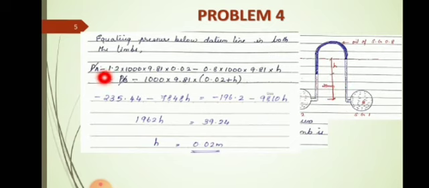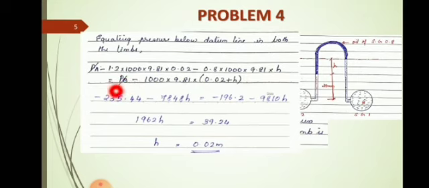So since it is an inverted differential manometer, we have to do a subtraction. So PA minus this value, minus, what is this value? It is the manometric pressure due to the manometric fluid for a height of h meters. So the manometric fluid is having a specific gravity of 0.8. So 0.8 into 1000 into 9.81 into h. Again, since it is inverted, we have to do a minus. So this line indicates the pressure below the datum line in the left limb. Now equating it with the pressure below the datum line in the right limb.